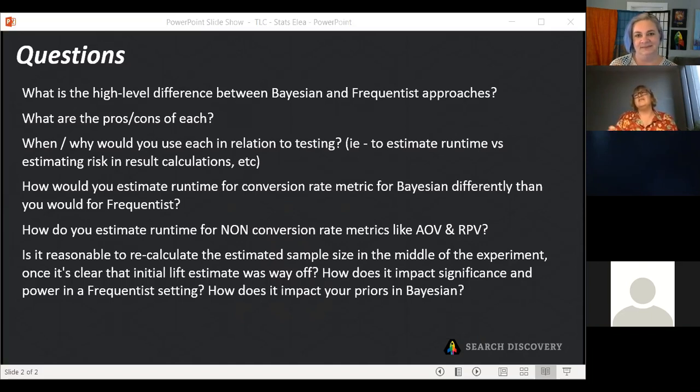But if you're going to keep that initial data in your data set, you're going to increase your false discovery rate unless you bend over backwards to figure out a way to account for having done that, which Optimizely actually has a way of accounting for. So there are ways to get around it, but for the most part, you should plan your frequentist experiment and then end it.